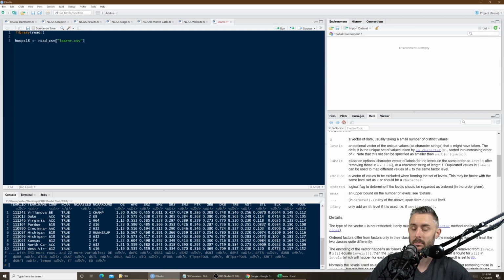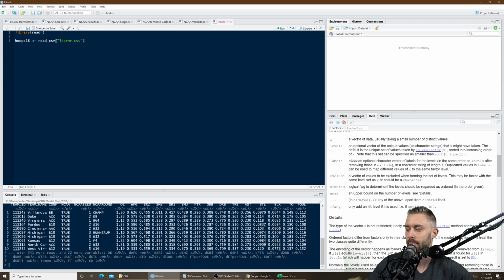That's a big deal when you're having it. For example, in my Monte Carlo model in college basketball or baseball, I convert everything into matrices because it's so much faster and therefore minimizes the amount of time it has to process everything. So speed is the reason you want to still use a matrix if you can still use the same types of data in there. But data frames are probably going to be your most used type of data structure because